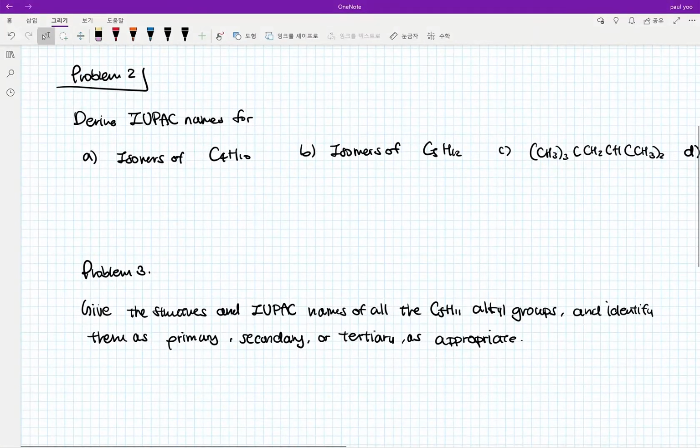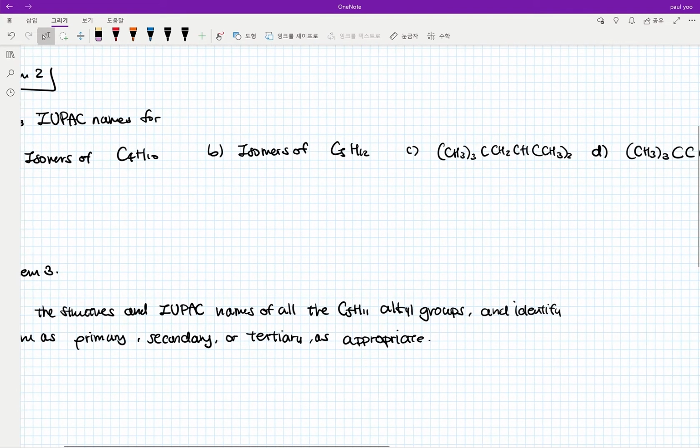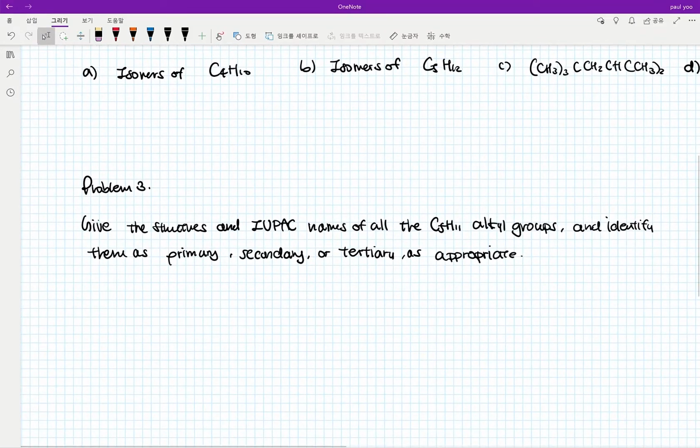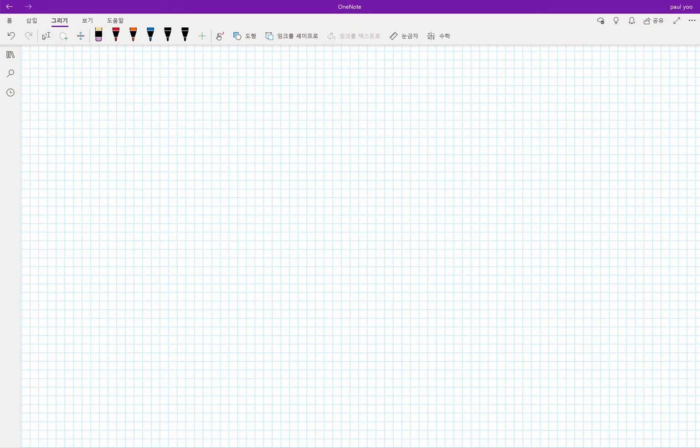Problem 2. Derive IUPAC names for A. Isomers of C4H10, B. Isomers of C5H12. Problem 3. Give the structures and IUPAC names for all the C5H11 alkyl groups and identify them as primary, secondary, or tertiary as appropriate. From the previous video, we learned that